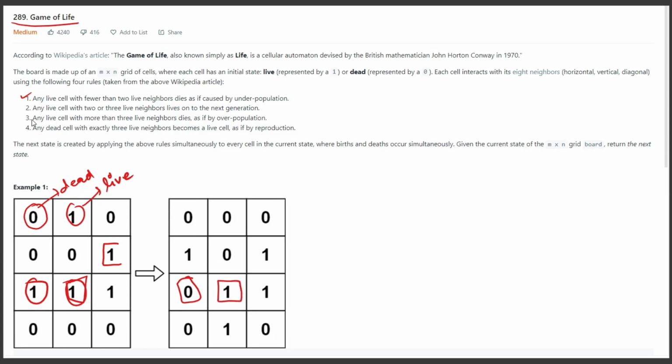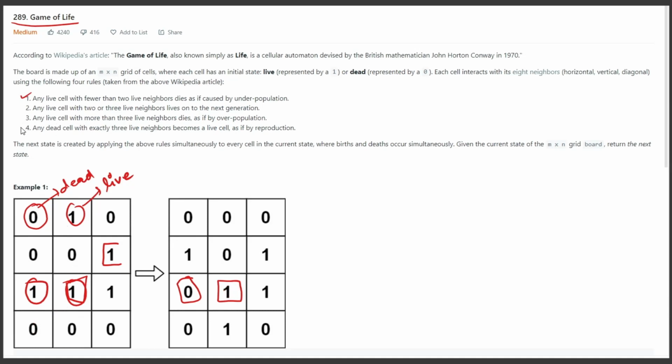And if any live cell has more than three live neighbors, in this example there is no such case, but let's assume there is one. Then the number of neighbors will be 1, 2, 3, 4, so it will become 0. Right now it's not there.